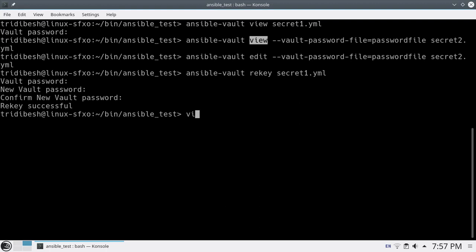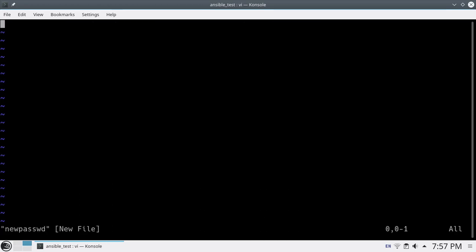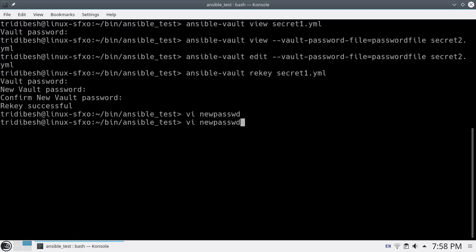Now I will create a new file, new passwd. Here, instead of welcome123 I will put pass,123. So you can use a new file also. You do the same thing, rekey secret2, and similarly you put --new-vault-password-file equals to new passwd.